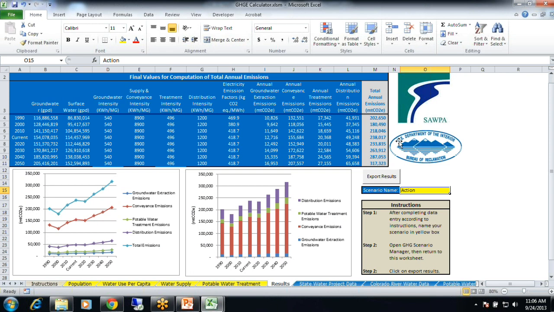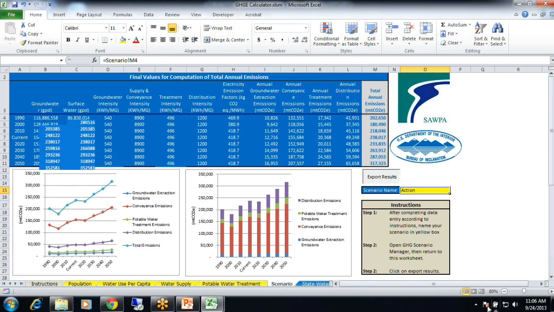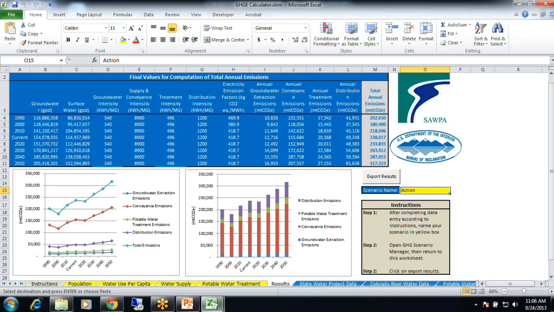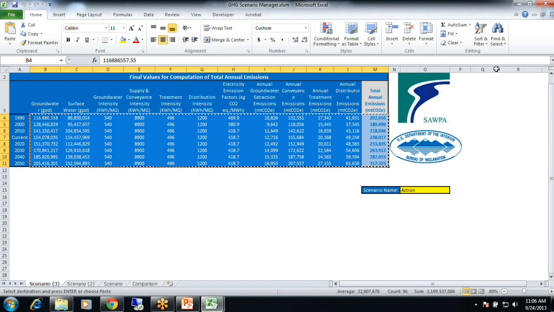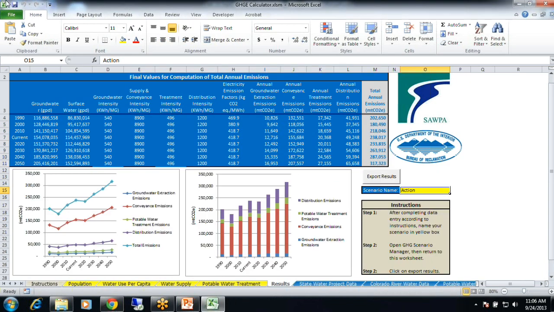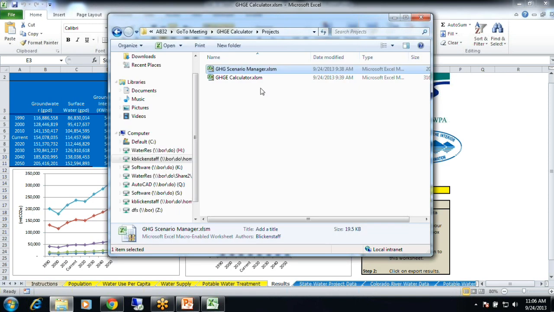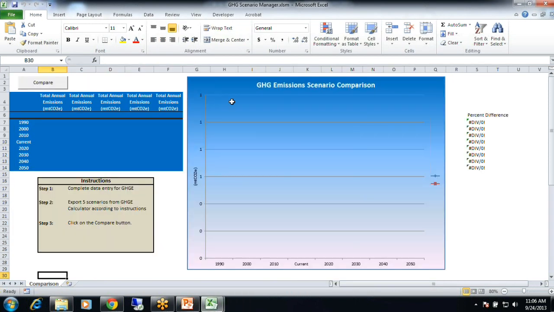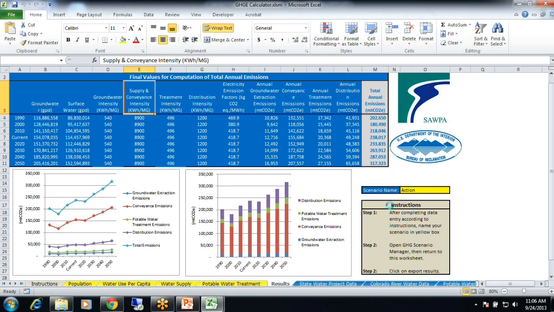So you go to your results tab, then our scenario manager, and you probably want to open a fresh one just because you've been screwing with all of the scenarios that you really don't want to look at. So open a new scenario manager, and then you can export your action scenario.